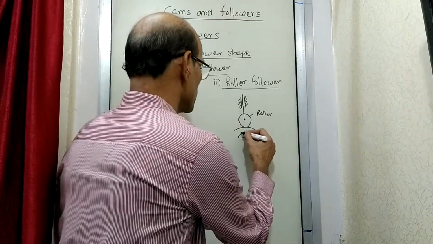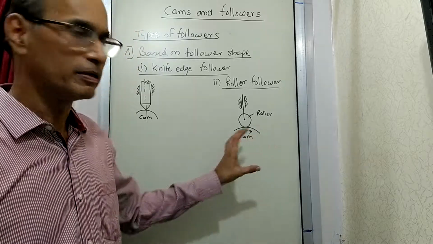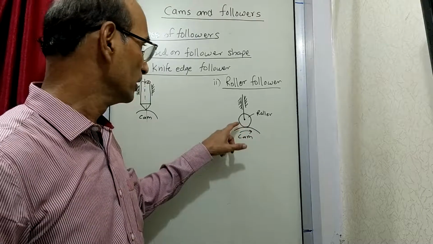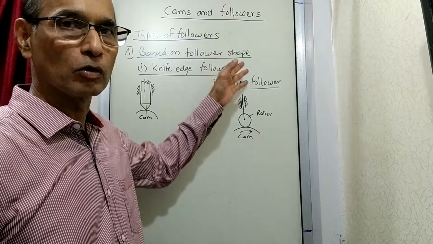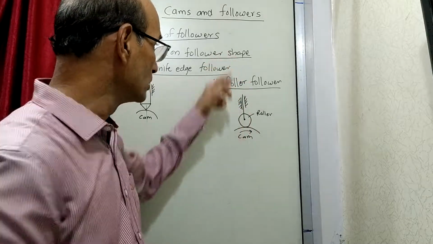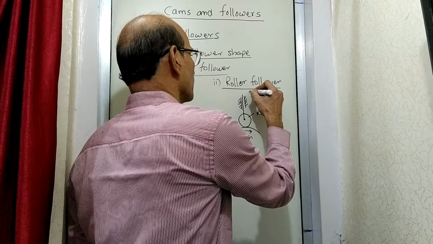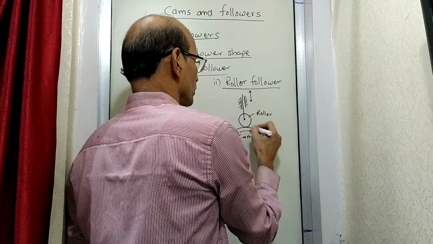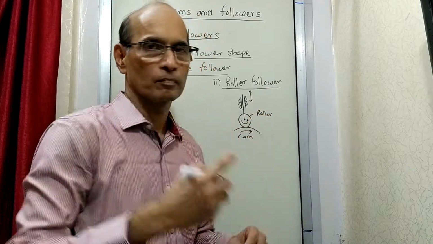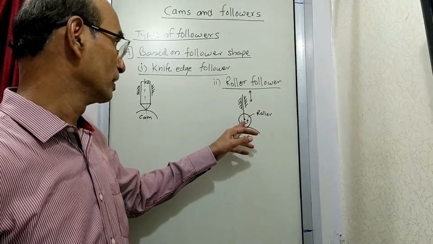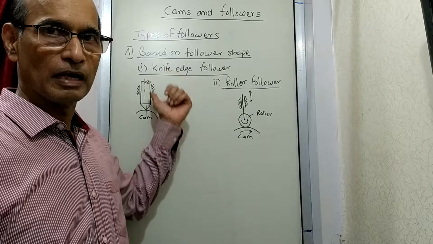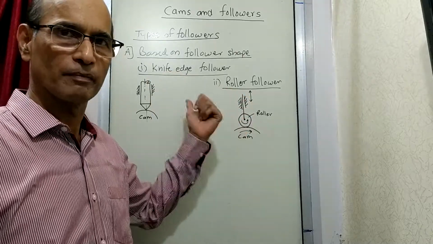So as the cam moves, as the cam say has rotation in this case, then this will have a rotation also, and as per the shape it will move up and down also. So this will keep on rolling and this will go on up and down as per the shape. So when you move like this, it will move this way. Okay. So these are roller followers. So sometimes the follower is like this, sometimes the follower is like this. Knife edge follower, roller follower. There are many other types.